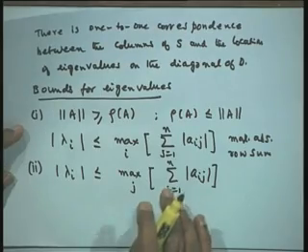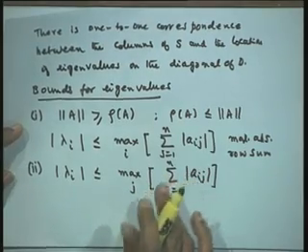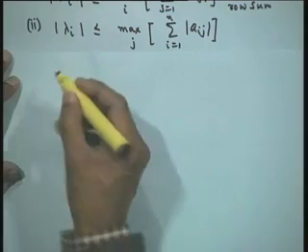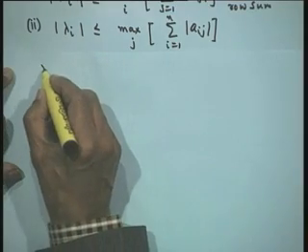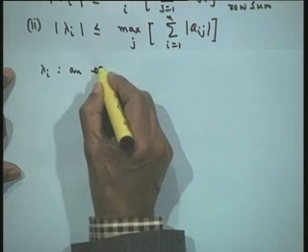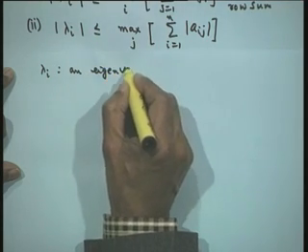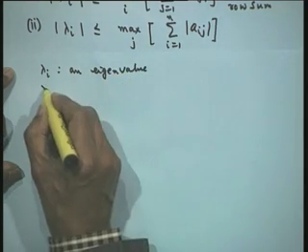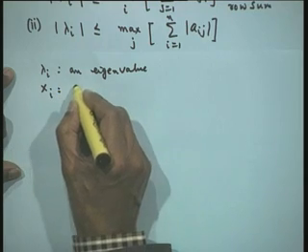Now, these are the two obvious bounds that we get from here, but these are very rough bounds. We would now like to get some sharper bounds than these ones, and for this we would like to look at our basic problem Ax = lambda x. Let us pick one eigenvalue, lambda_i, and take the corresponding eigenvector.